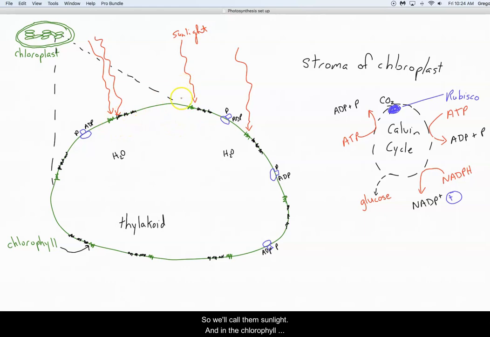And in the chlorophyll molecule, the photons of light are harvested and fed to some electrons, two electrons, and the electrons get energized, and they get so energized that they sort of blast away from the nucleus of the atom they're attached to, and they get zipped through